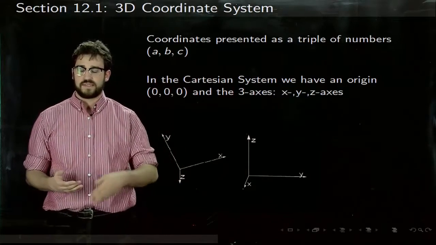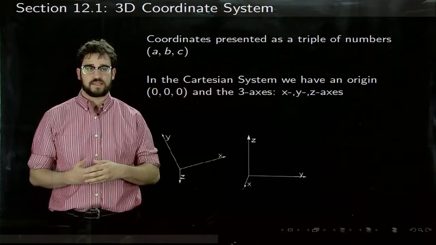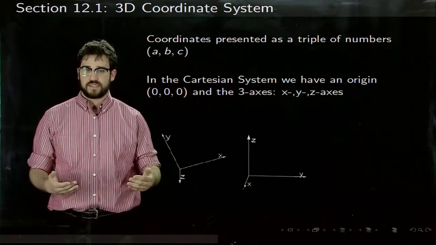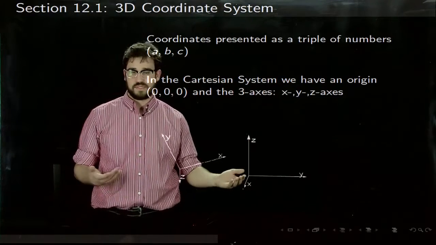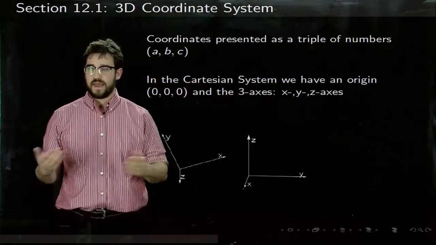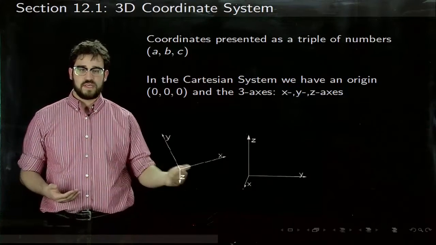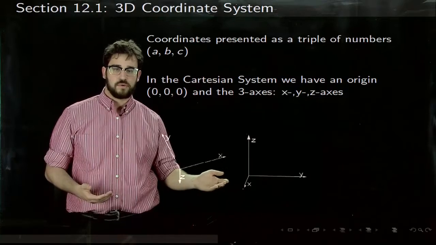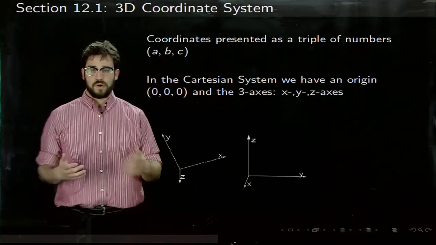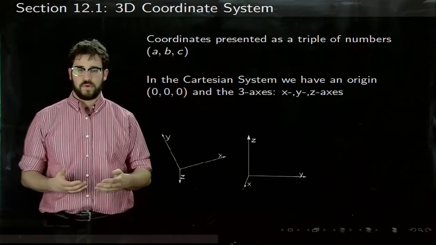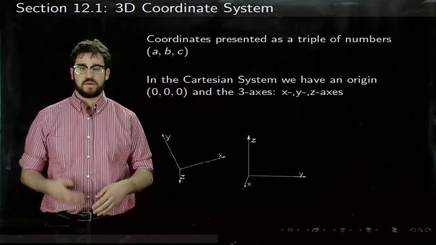and instead of the two axes of just x and y, we have the x, y, and z axis. We create this system by creating another perpendicular axis, this z axis. Remember that x was perpendicular to y in our R2 case. Z is going to be perpendicular to both of these other axes. Now, we could orient the graph any sort of way we want to, as long as we follow the right-hand